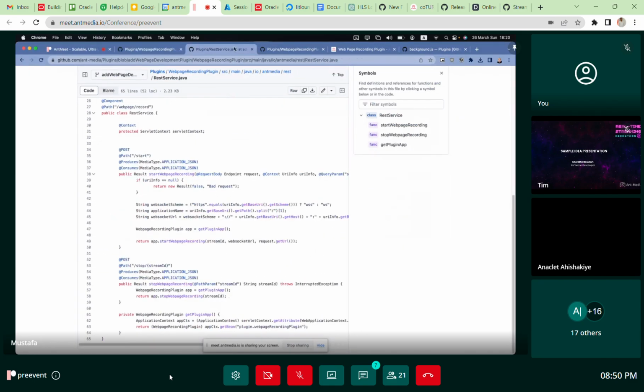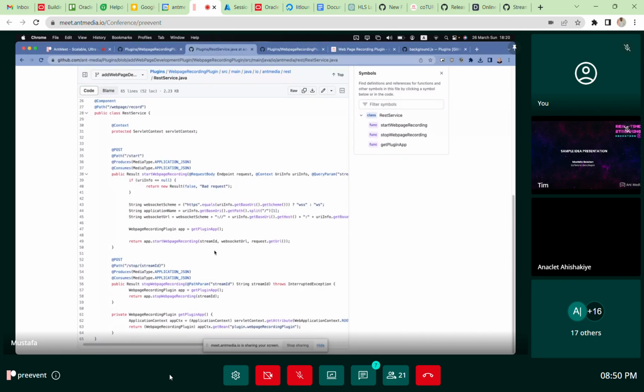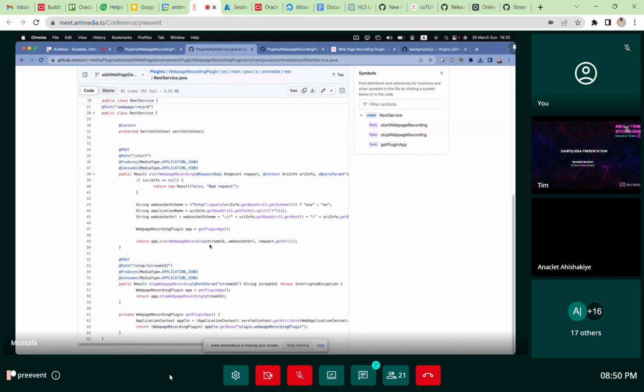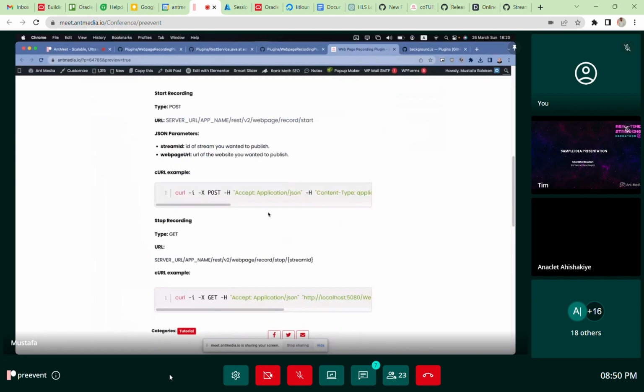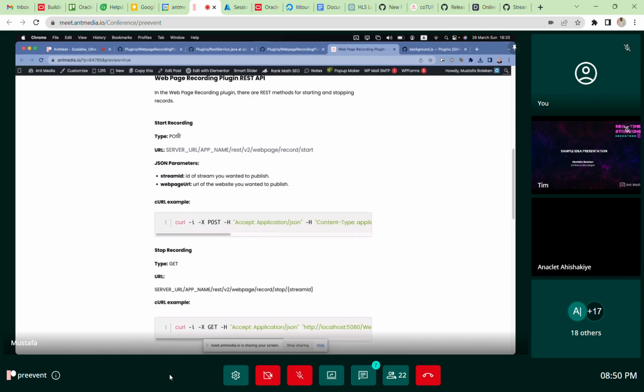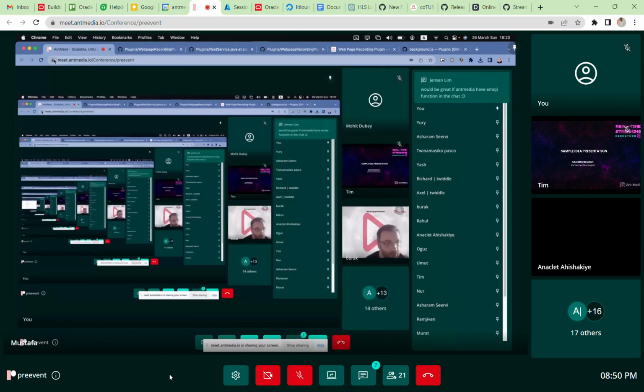On the Java code side, we have two simple REST API endpoints. The first one is used for starting the broadcast, and the second one is for stopping. Let me show it to you. In the post method, you have to pass those two pieces of data, stream ID and web page URL. For example, if you give meet.antmedia.io/conference pre-event,